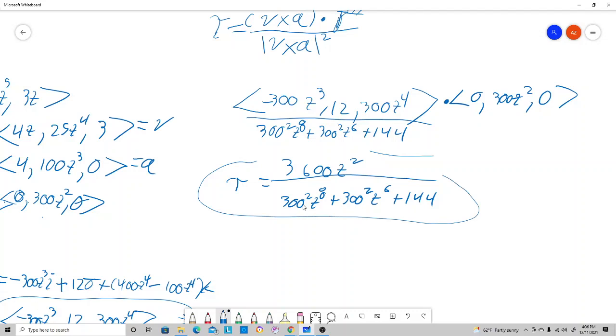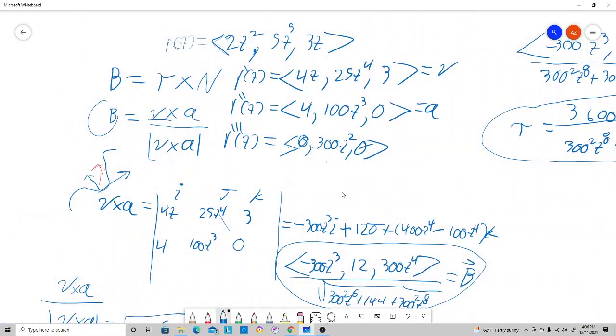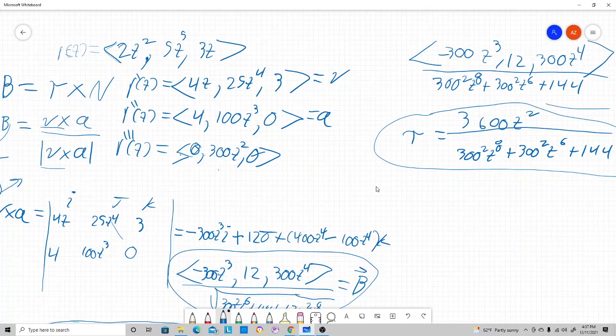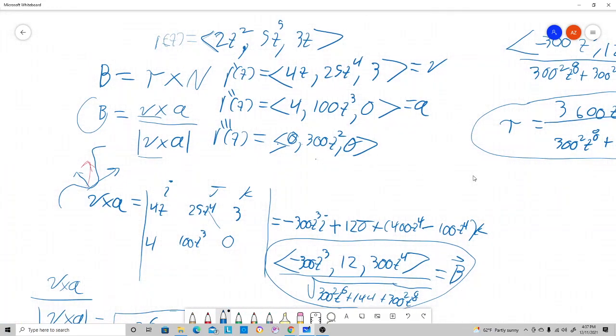So the binormal vector is helping us find the torsion. If I go back to the diagram right here, we're utilizing the binormal vector and taking the scalar of it. It's how much this binormal vector is turning, in a way. How much torsion does it have in a certain direction? So we're using this binormal vector to find the torsion. So that's it for